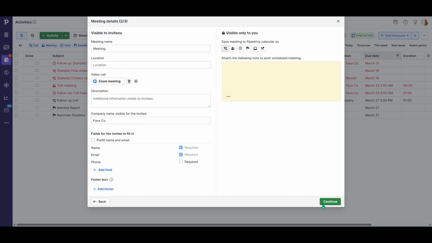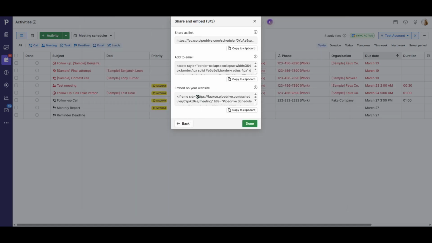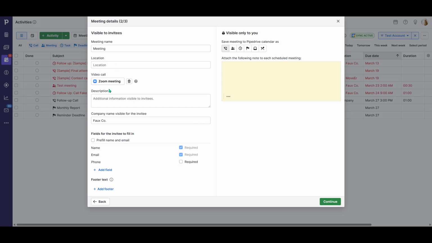If you prefer to host this as a video call, you can also connect a third-party meeting tool like Zoom or Google Meet. Linking a tool like this ensures a video link is added to your meeting automatically, keeping everything in one place and reducing last-minute scrambles. Choose the option you use most often so your guests know exactly how to join,